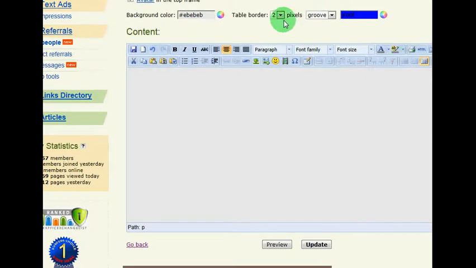And I'm going to give it a wider border, 4. And I like groove, but we can try double. Okay. Now, what we do here is we can type what we want, and then you can change the